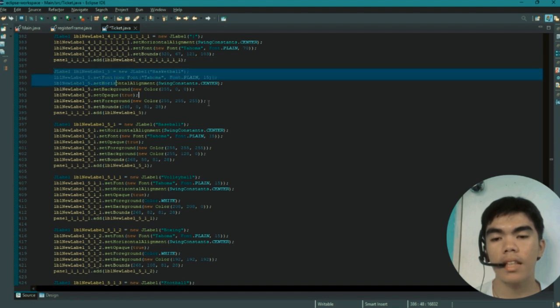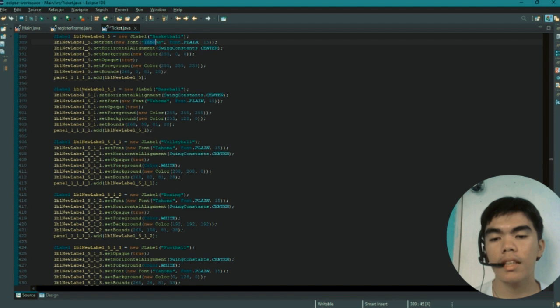So next is this JLabel, which has a string Basketball, and set the font to Tahoma, plain, and size 15, and set the horizontal alignment to center, set the background color to new Color 55, 0, 0. Set the foreground to new Color 255, 255, 255, and set the bounds to 268, 0, 81, 28, and add it to our panel.